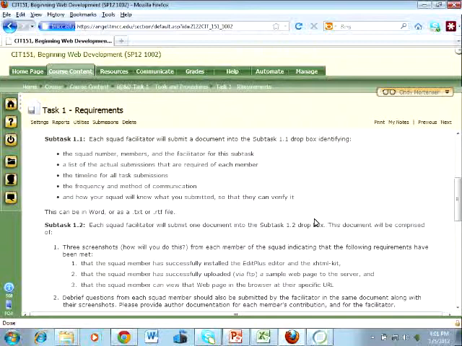In other words, have you really read what you have to submit? Have you really read what they're supposed to be doing? Have they read what they're supposed to be doing? Okay, the timeline, the frequency and method of communication, how your squad will know what you submitted so they can verify it. So once the facilitator has put everything together, wouldn't they like to see it to make sure there's stuff there?